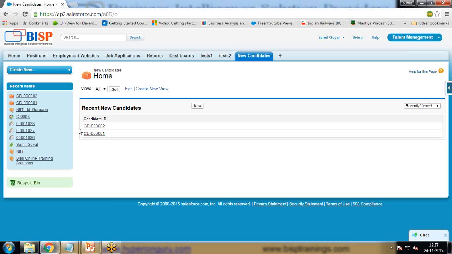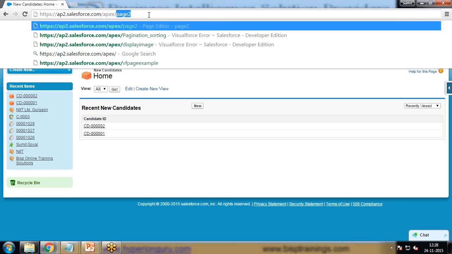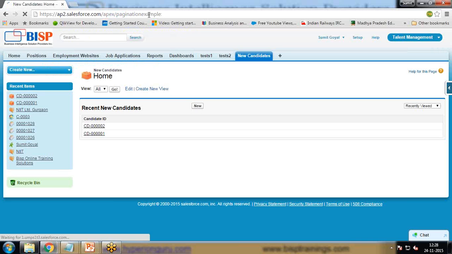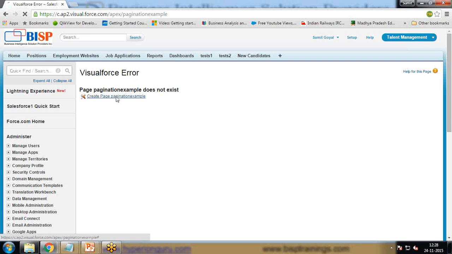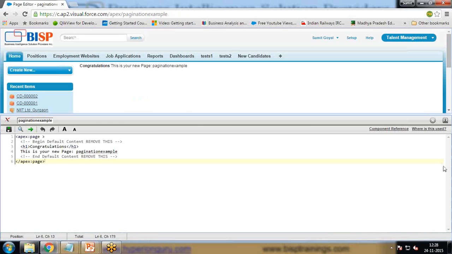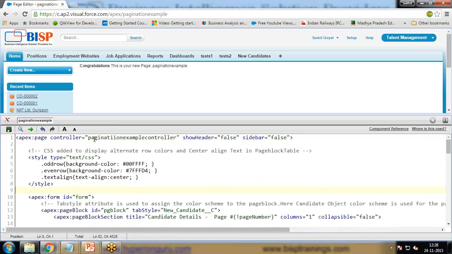First of all, let's create a VF page. I'm going to create a new Visualforce page here and give it the name pagination example. Just to save time, I've already copied the code along with the detailed information, and I have created one controller. You can see the page along with the controller, pagination example controller,